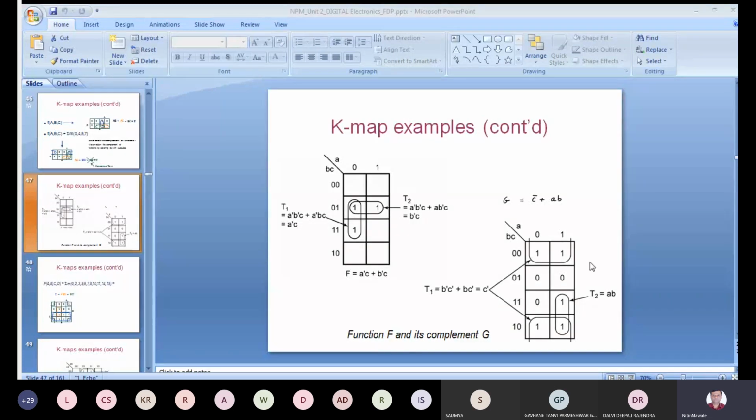Okay. So if you are done, the answer is in one bracket A plus C, in the other bracket A bar plus C bar plus, sorry, plus B bar. You getting this? Yes, sir.